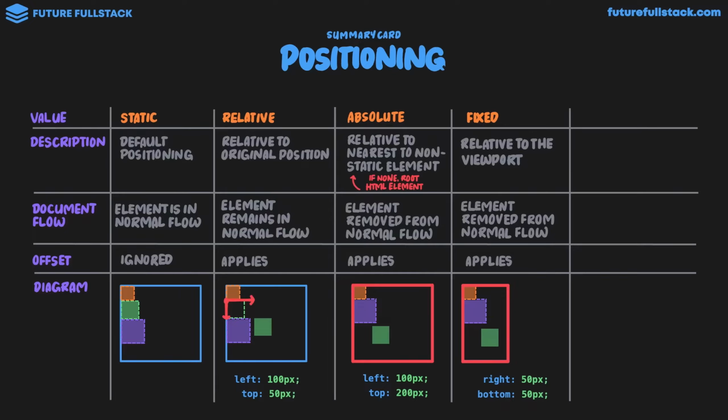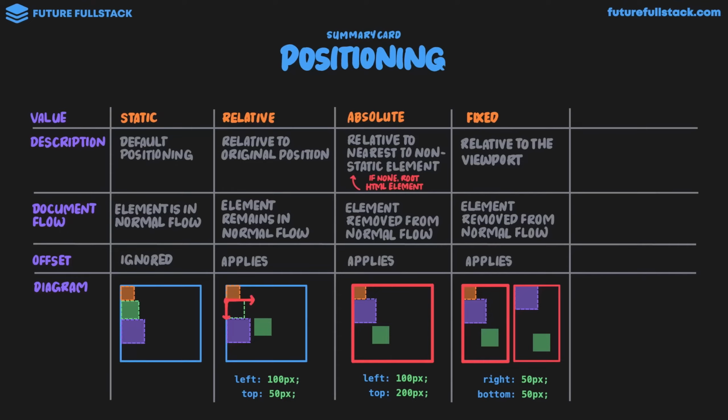That is, 50 pixels away from the right edge of the viewport and 50 pixels from the bottom of the viewport. The other big difference for a fixed element compared to an absolutely positioned element is that when the user scrolls, the element will remain in place. The diagram on the right represents the user scrolling down the page, where the orange element is no longer in